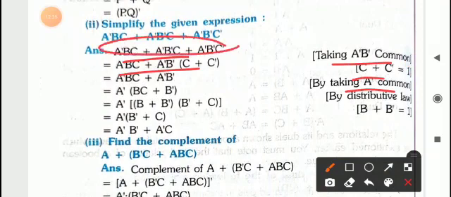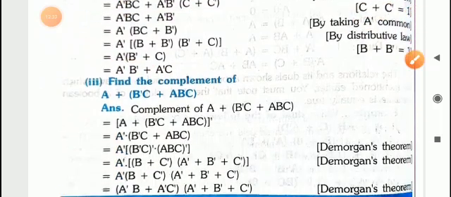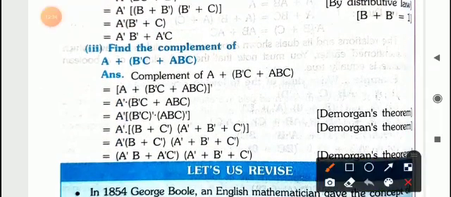So this whole can be simplified into this form: A complement B complement plus A complement C. Then we have to find the complement of A plus B complement C and A B C. So you can see here, copy down the expression: A complement dot B complement C plus A B C complement, and the whole is open.